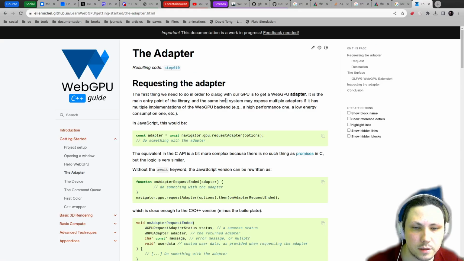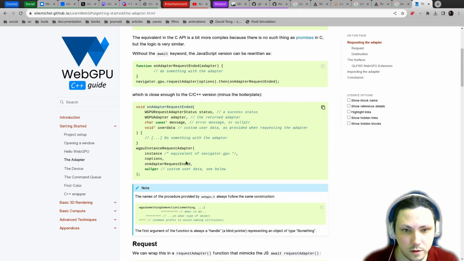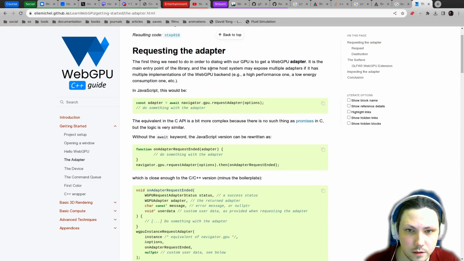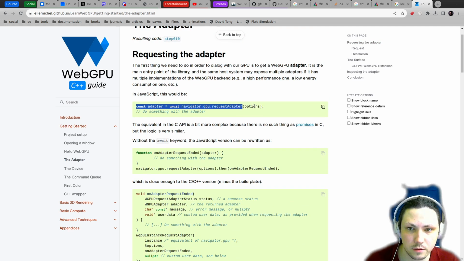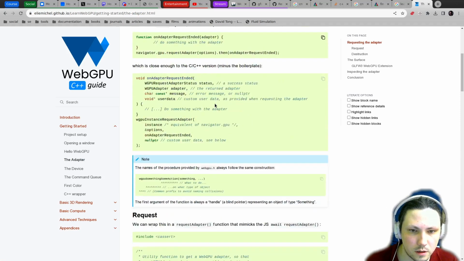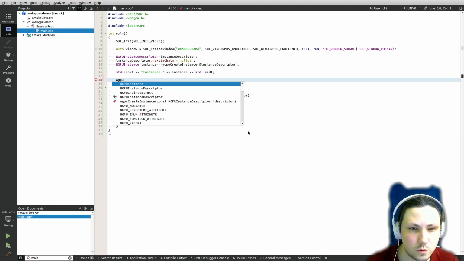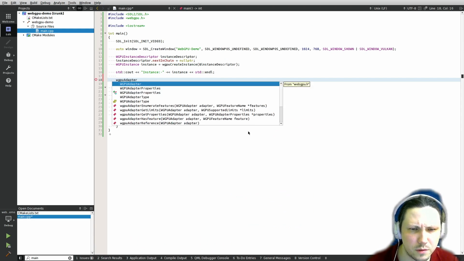Then we need to create an adapter, and this one is a bit finicky. The idea is that in JavaScript you would await it. It will be a kind of asynchronous operation, while there's this thing in C++. Okay, so wgpu adapter, because it is a